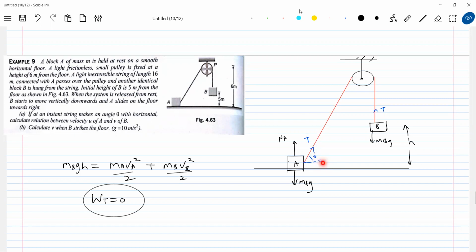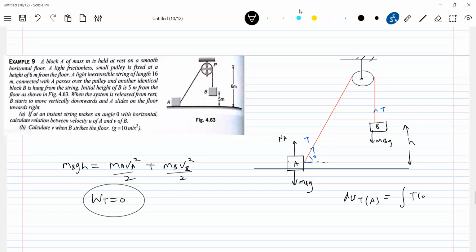And work done by tension, you have to calculate on the block A, and if you check that, it will be equal and opposite compared to block B. So for net work done by tension, you have to work out. It's mathematics, I'm leaving it to students. Look at the force now, the variable force it is. It varies with angle theta. So work done by tension on the block A, how you have to proceed like this.